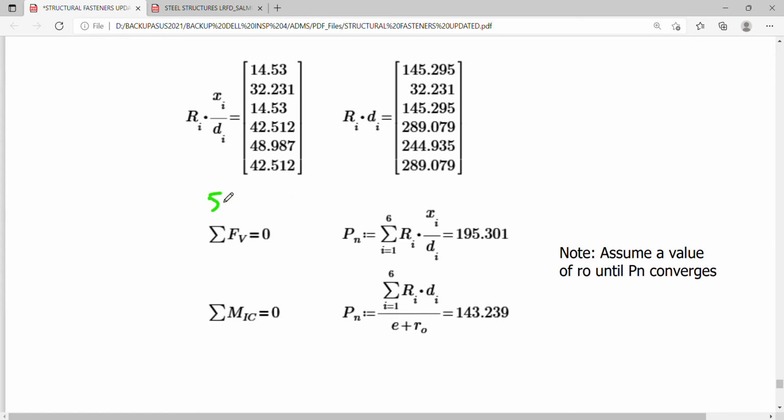containing the summation of forces horizontal equals 0 is just used to check your final value of Pn. So take note that Pn here and Pn here should converge. And what you are going to do is you simply make use of a trial and error value of your